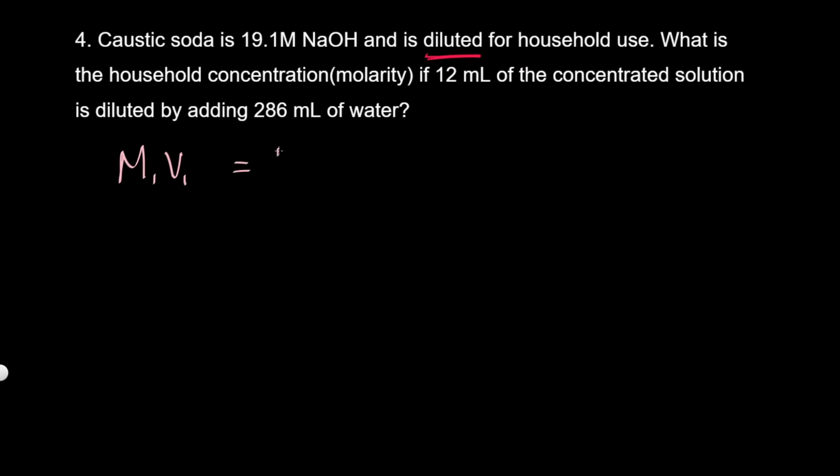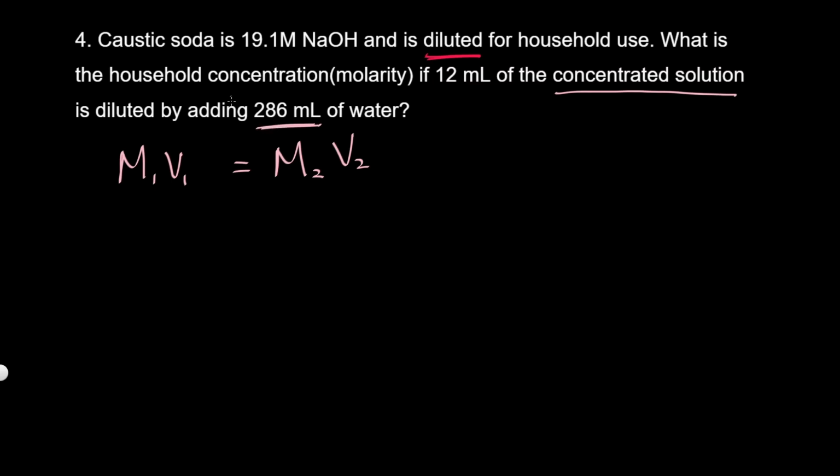That should always equal the diluted one. So second concentration, molarity 2 times V2. Remember this. In a dilution problem, you're going to see this. What is the household concentration molarity after it got diluted? If 12 ml of the original concentrated solution, that's 19.1 molar, is diluted by adding just the water of this